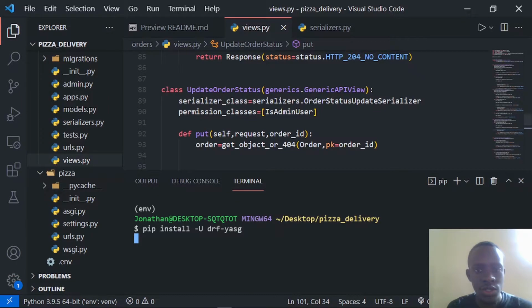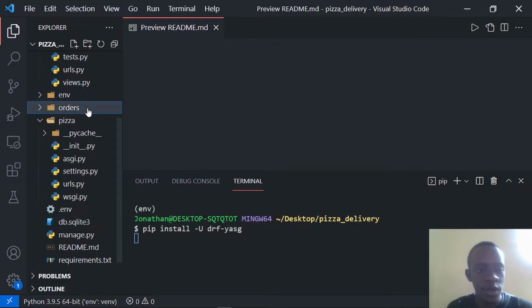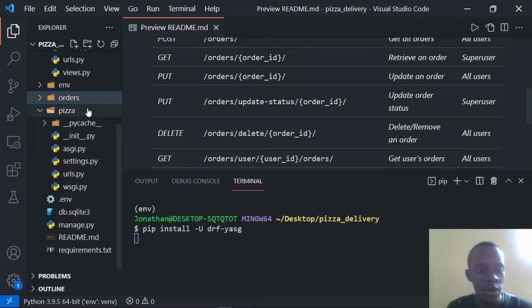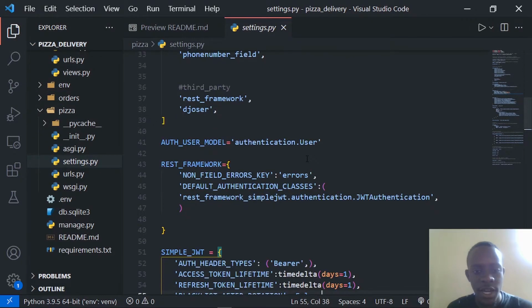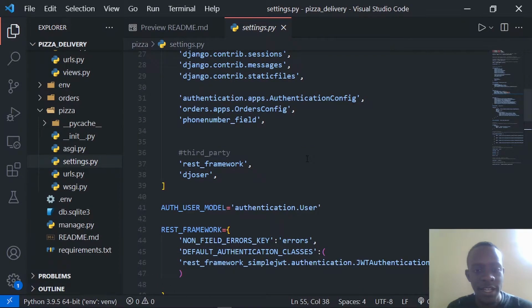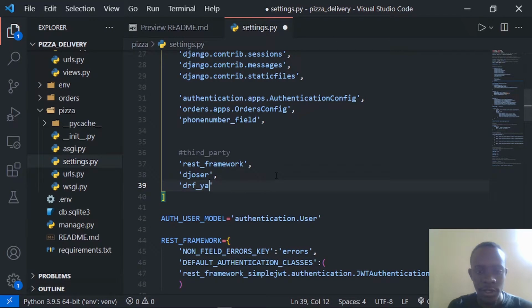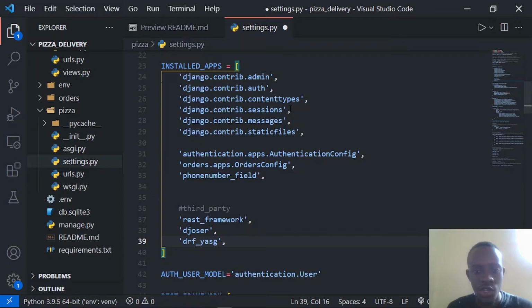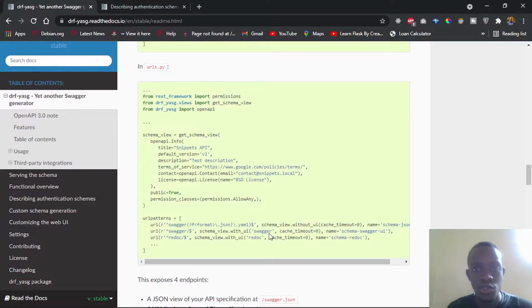To do that, I'll go to our pizza project within our settings.py, and go ahead and add DRF-Yasg to our installed apps. The next thing I'll do is to check if you have django.contrib.staticfiles installed. Now we have it, so we are good to go. Hoping that this is installing. It's actually installing. The next thing we shall do is to go in our root urls.py within our project